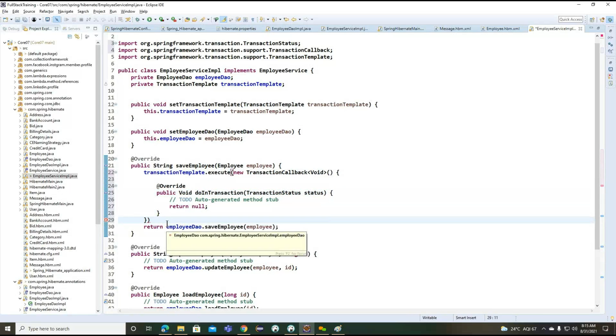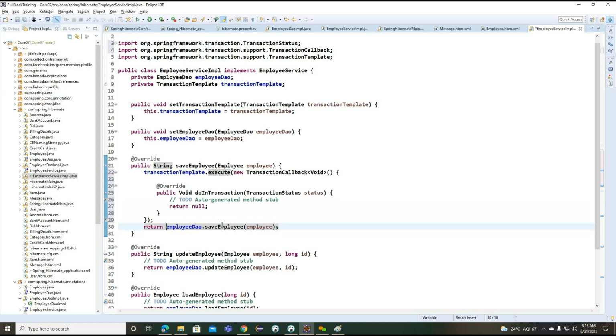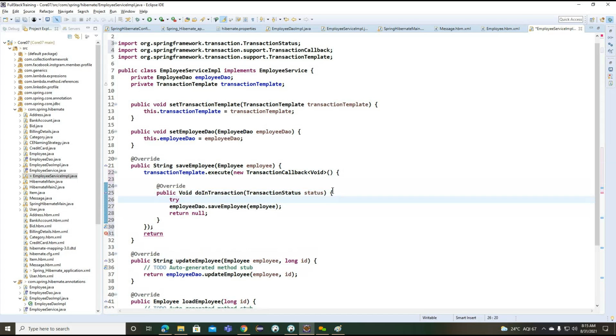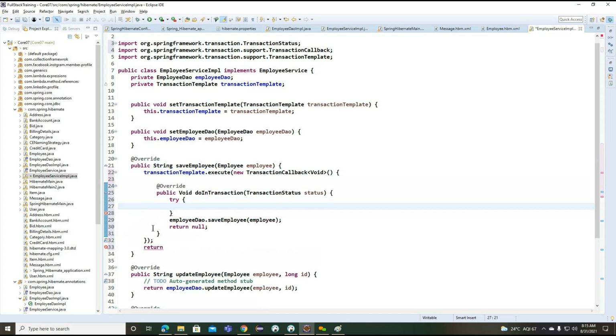And this section of code we'll try to write inside this particular doInTransaction. We'll try to write doInTransaction here. So based on this particular doInTransaction, now what we will do, we'll go for the try block here.